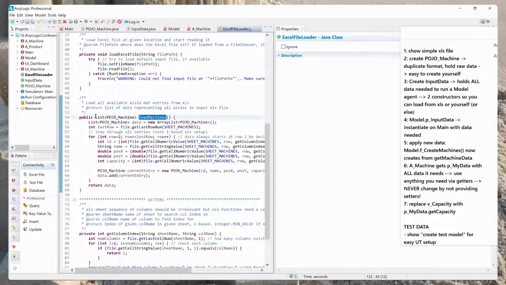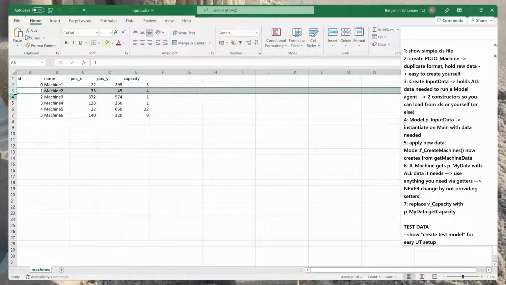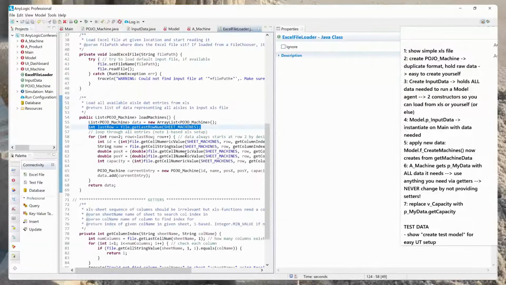For example, one function to load machine data. This returns a list of Pojo machines. And what it does is it loops through all rows in the sheet machines until it reaches the end. So it goes one after the other, starts obviously at the second row because the first one is a header, and then pulls out all the individual data points